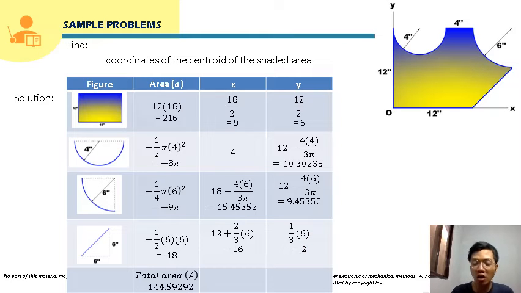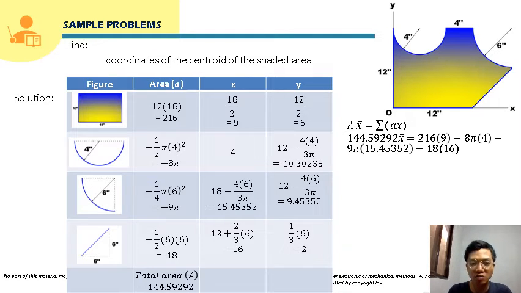Okay, so again, all the coordinates here are positive since they are located at the right and above the reference point. So solving for the total area here, we already have this. So let's solve the coordinates here by using our formula. A x bar is equal to the summation of Ax. So our total area is